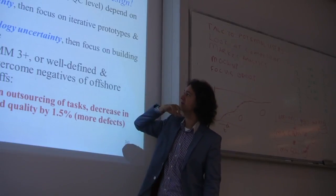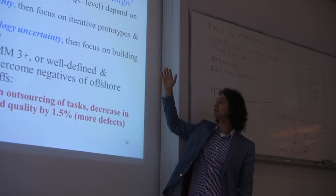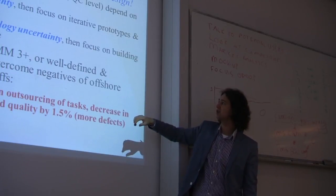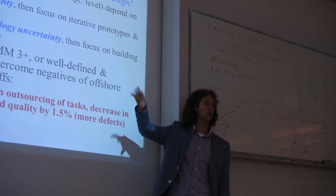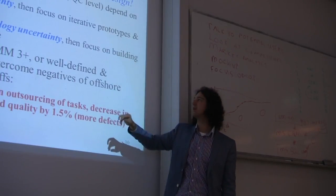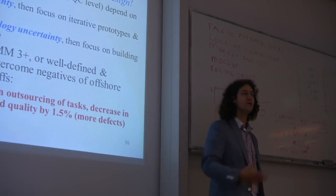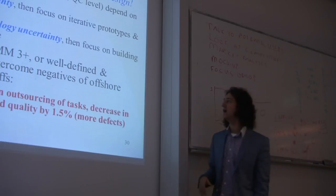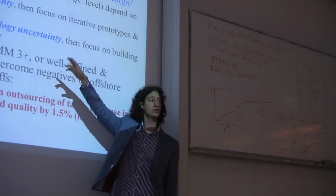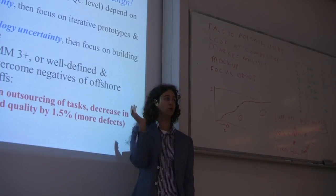So it depends on the project context, obviously. With high market uncertainty, well, iterative prototypes and beta releases. Platform technology uncertainty, focus on building an adaptable architecture. I think you can see why these two are in there. So if the market is uncertain, well, you want to be able to constantly rework and implement new requirements and, well, do your best there. Whereas if you're not sure that you can deliver search results within under a second to the whole world, like